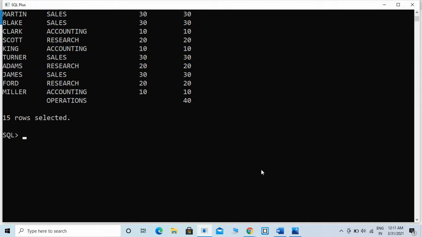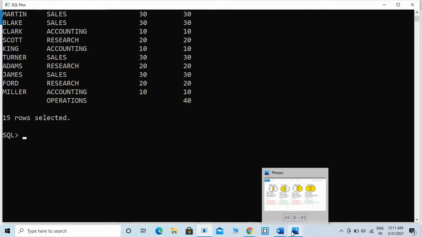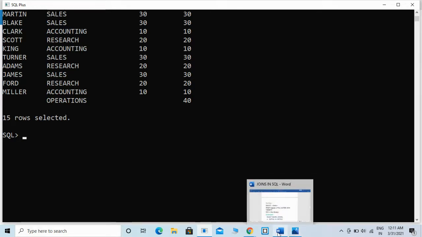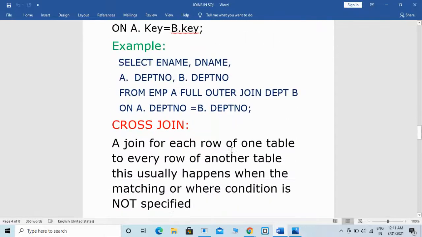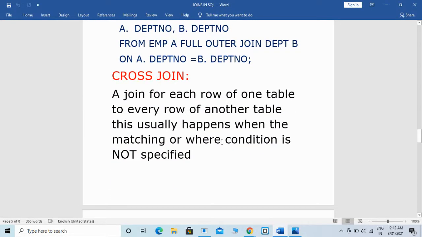And now we are going to see the cross join. It is a join in which each row of one table is joined to every row of another table.